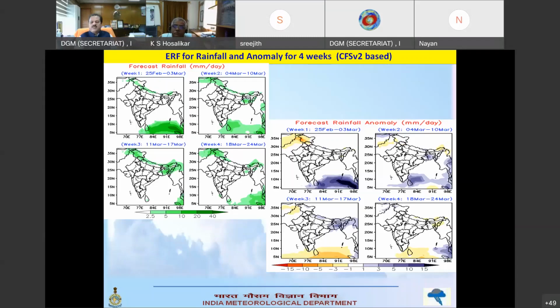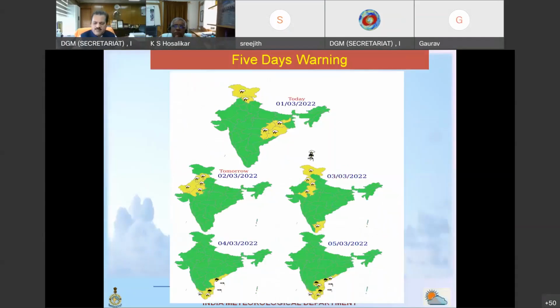And thereafter, because of the season progress and heating ocean, the northeast states and adjoining eastern India are expected to experience thunderstorm activity, and hence you can expect rainfall activity in the week 11 March to 17 March. And thereafter, below normal activity or not much activity for the country in the week 18 March to 24 March. If I look at the temperature,